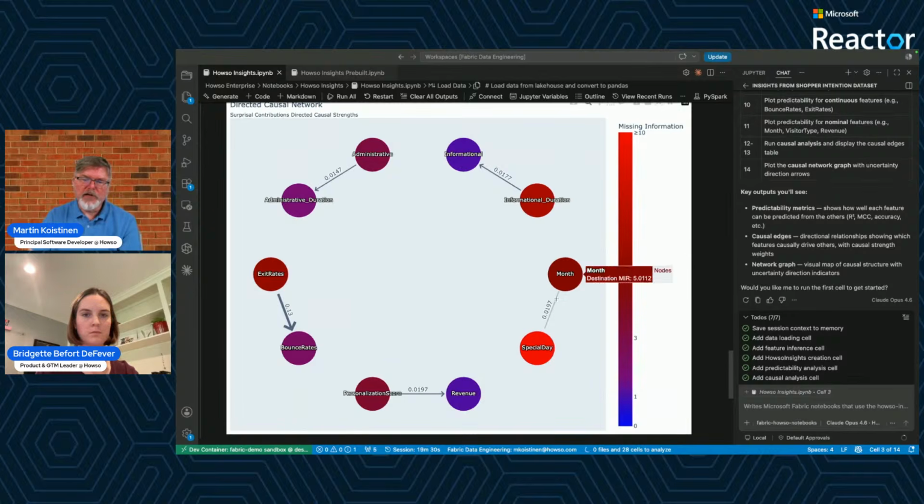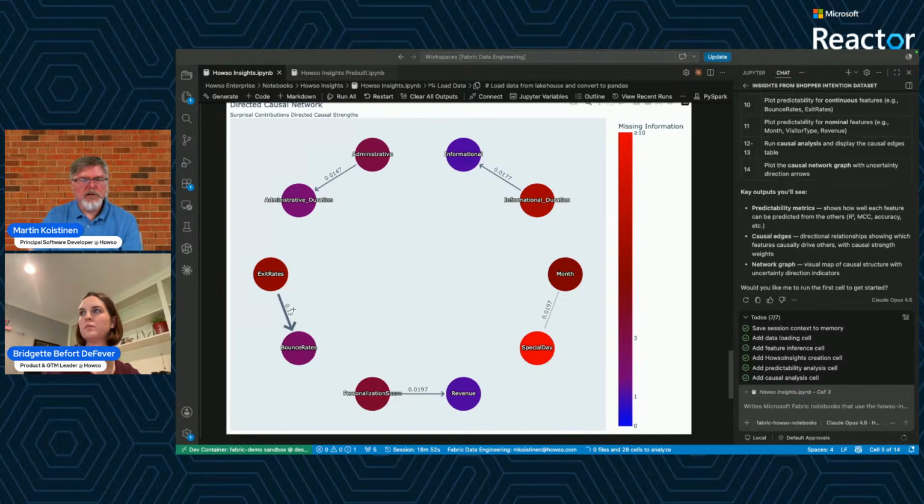This one has very little information. This is very bright red because we detected that it's missing information. And with more information, it can probably do a better job of either being predicted by the month or predicting the month. But right now, we don't really know. And we can see that there's some others that have a directionality to them, which is great. This one here is kind of really intuitive, that we can establish that the bounce rates themselves are very strongly caused by whether or not the user exits. And I think that should be intuitive to anybody who's familiar with web traffic.